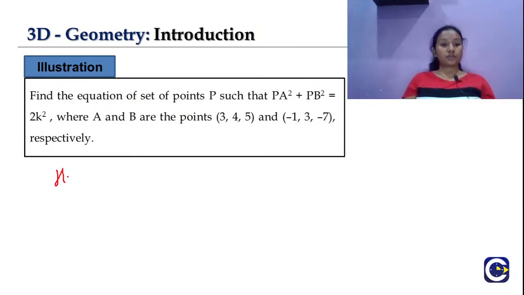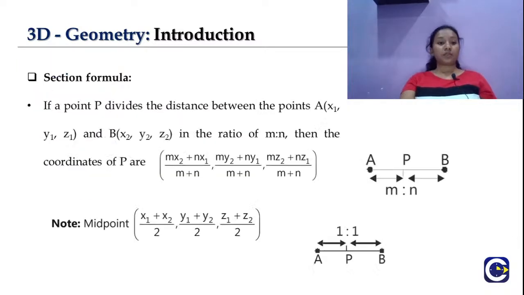So this is one type of question based on the concept of distance formula. So far we have seen two types of questions related to distance formula. Here is one more typical type which we can expect from this concept. And next, we are jumping into our next concept, which is the section formula. We learned this section formula in our straight lines. We even derived the formula for both the internal as well as the external division. So here also the formula will be the same, whereas one more coordinate will be added,